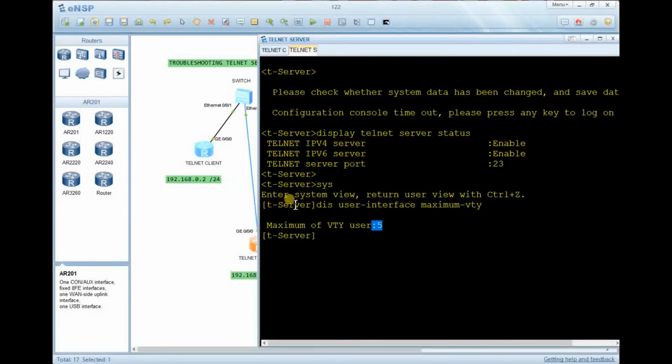So if there are already 5 users logged in, you can't log in, because the maximum number allowed is only 5 users. So that is for my case. It's only me that I'm going to log in, so this is not a big deal. Okay, now the third